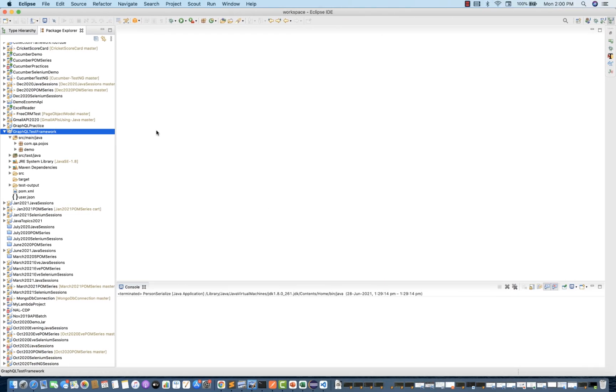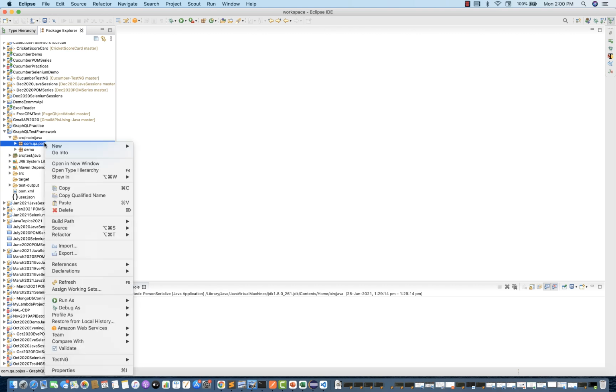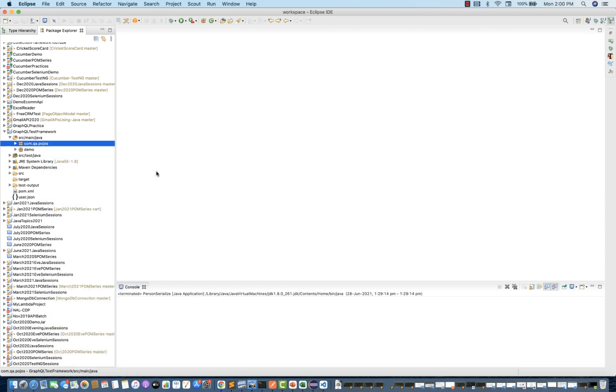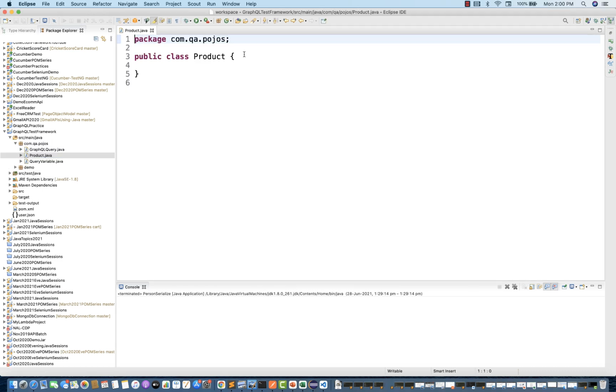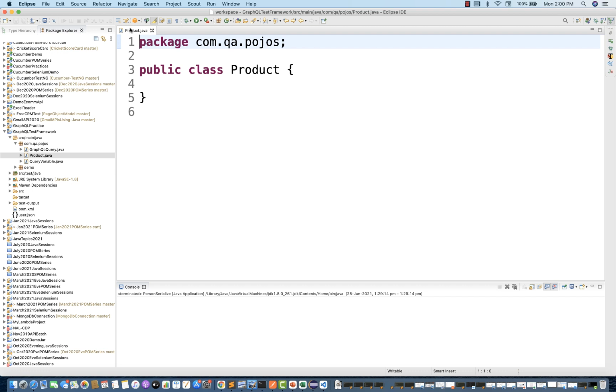A couple of important features that I'm going to talk about today. For example, let's talk about converting your POJO to a JSON object. I'm going to create one class over here. Let's take a typical example of an e-commerce application where we have a product, and this product could have multiple pieces of information, for example product name, color and everything.